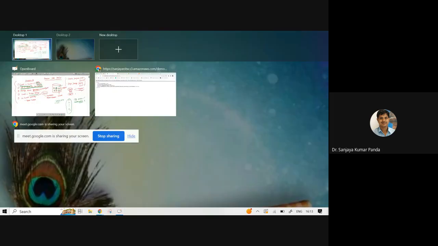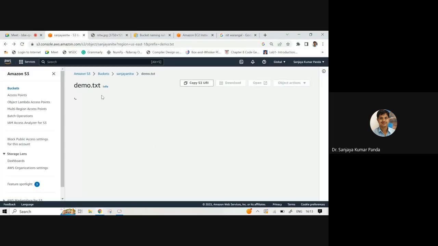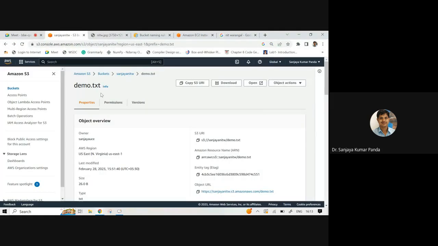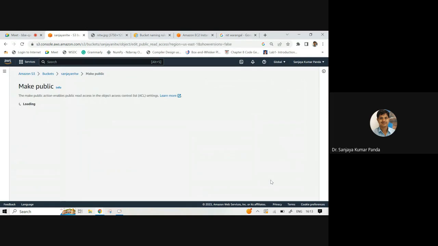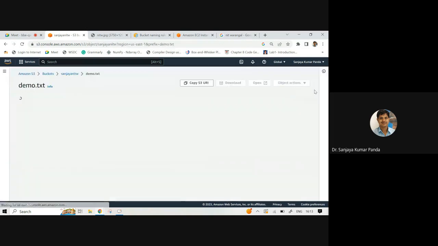But before doing that, I'll show you the same process again to make it public. Now you go to demo.txt. It is another object. Go to object action, make public using ACL, and make public. So it is public now.